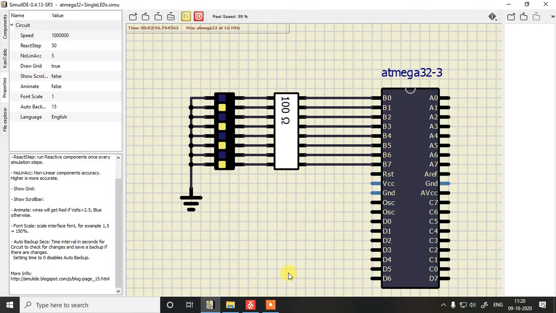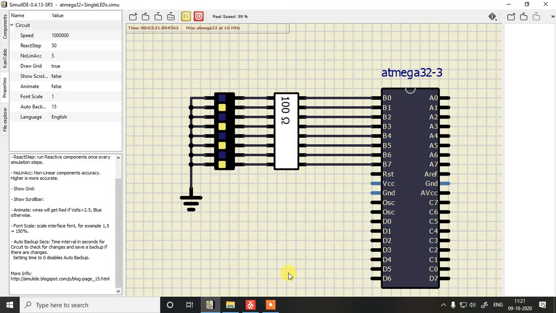Hi there. Now, having experimented with controlling or writing data onto 8 port pins at a time on a microcontroller, let us try to see if we can control a pin on the controller individually. What I mean to say is I want to control just one LED and nothing else.